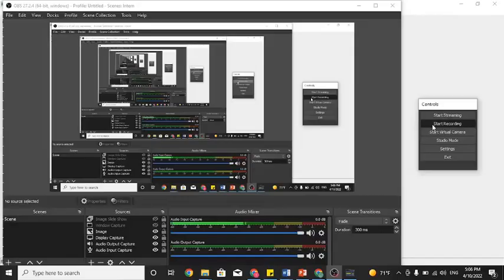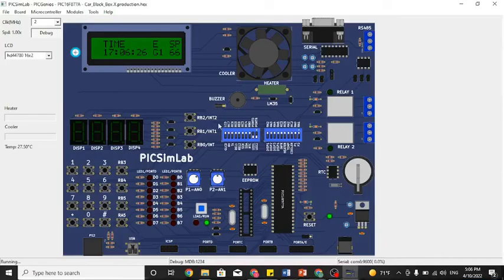Project demo. Okay, we have created this dashboard screen. We have time, events, and speed. The time is displayed in the format of hours, minutes, and seconds. And